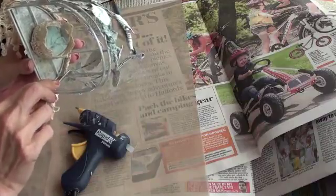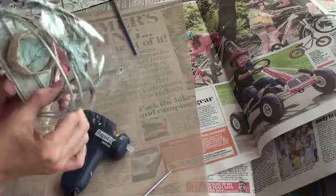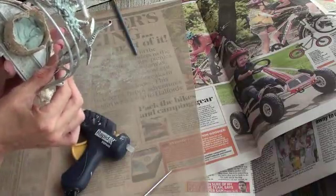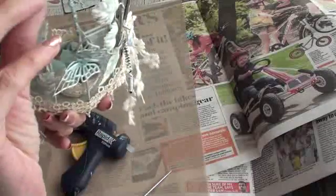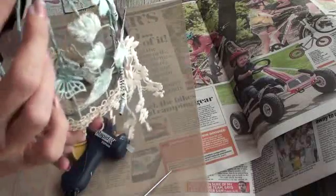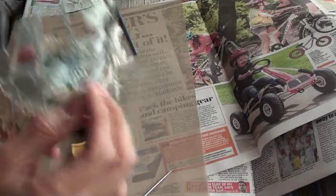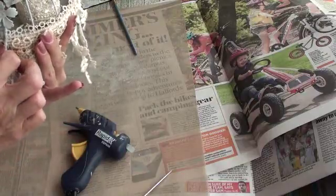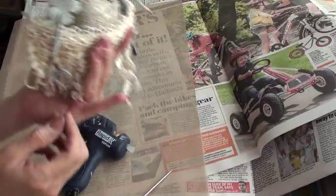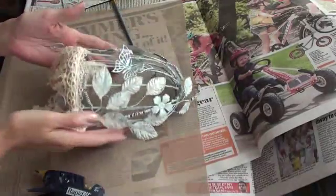Just use the pokey tool to spread the glue over the branches just to try and give them a better stick. So that's now in place, and these I will twist and adjust if I want to when you finish, because you can play around with them because they're on wire. Okay, so I'm happy with the leaves on it, so if I just lay that down,